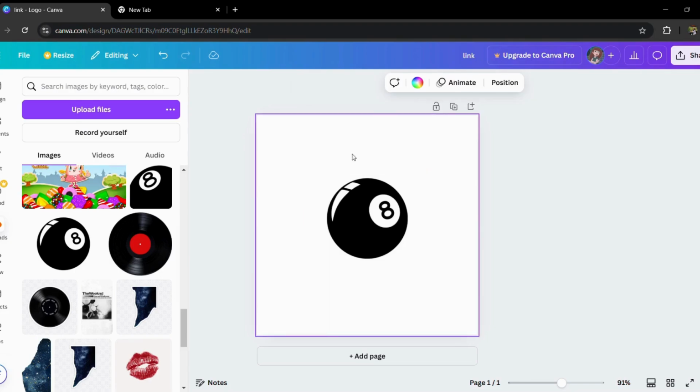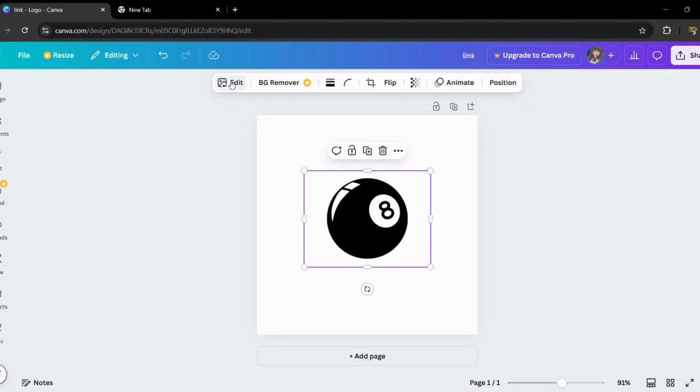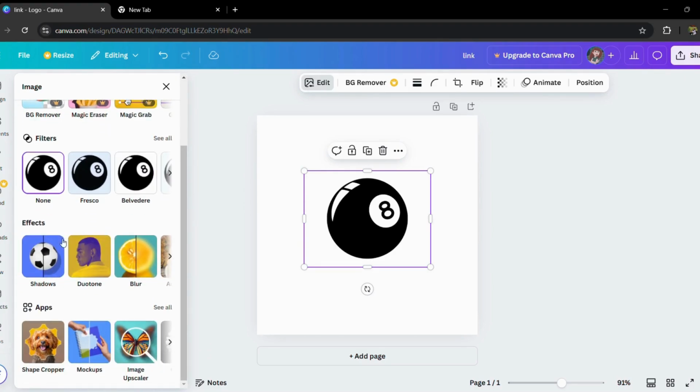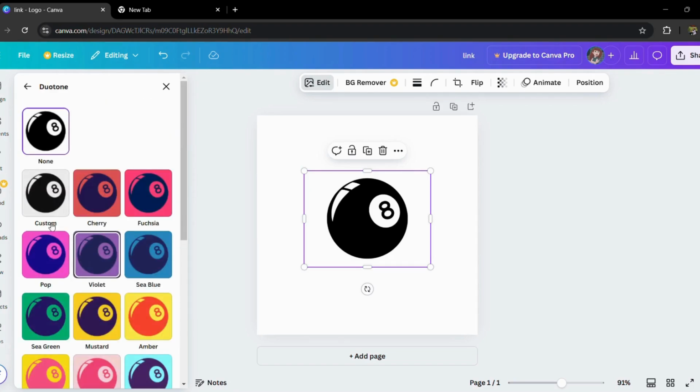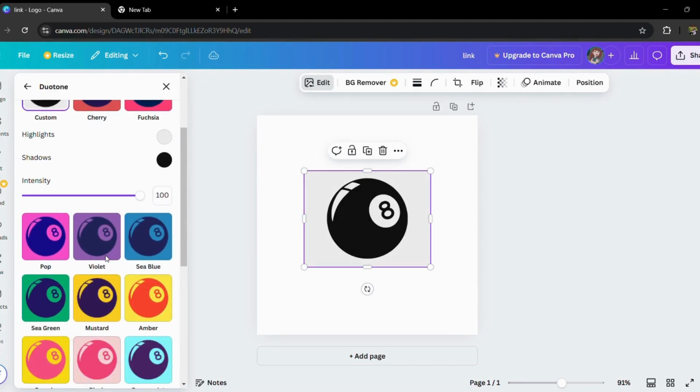So in order to do that, you can simply tap into the object itself and go to this edit option that is at the top section. Let's tap in there, and here another slide pops up. You can simply go to this effects option and go in this duo tone. Let's tap into the duo tone. Let's tap in custom, and here you can simply